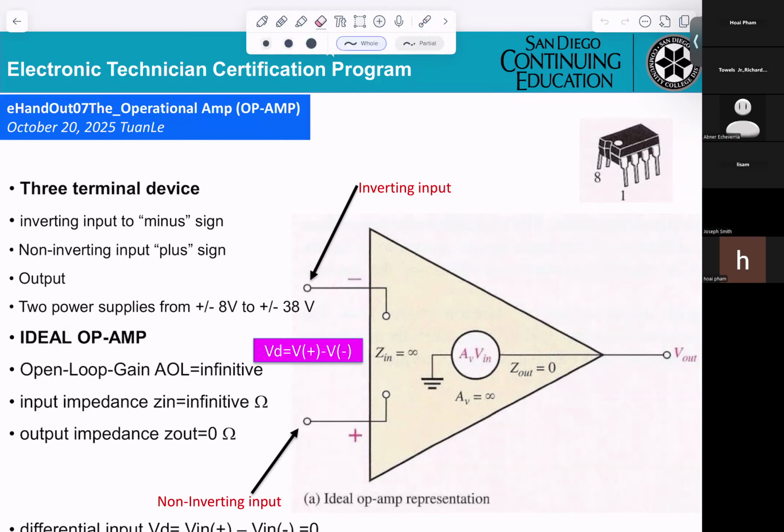So basically, you already see that this is the operational amplifier. It has input positive, input negative, and the output. If you're working in the lab, this is the IC here. And basically, what we need to know